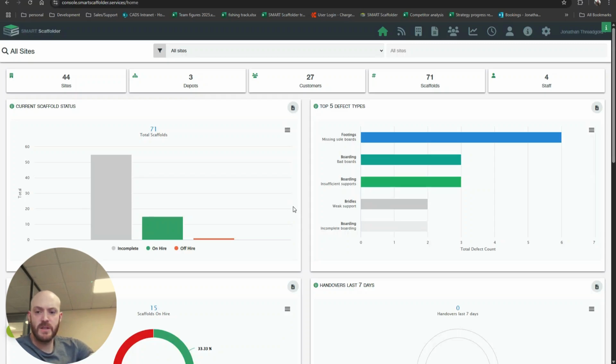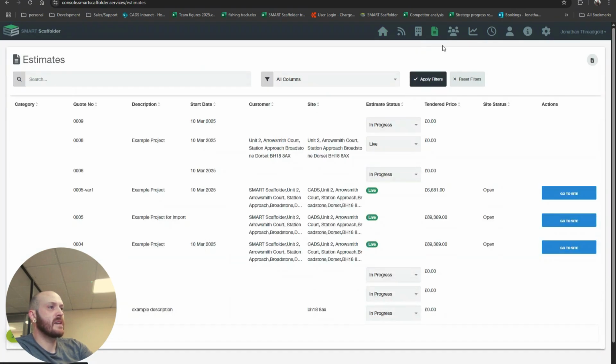Right, in this video we're going to show you how to find and how to use the new Estimates tab in Smart Manager, which is our first integration between Smart Estimator and Smart Manager. So on the Smart Manager toolbar you're going to find an Estimates tab. You click into that, and we'll be able to see the full list of projects that's available in the Smart Estimator